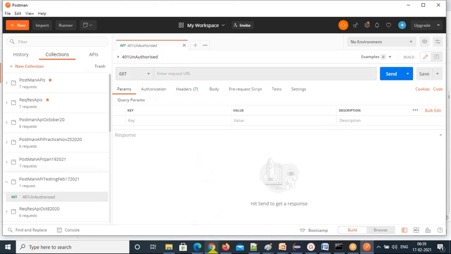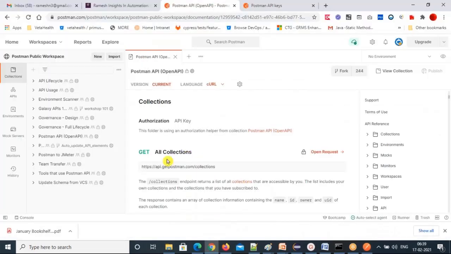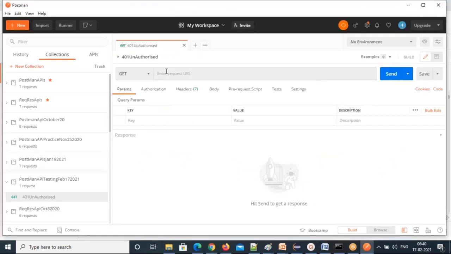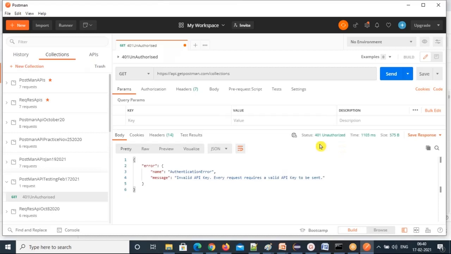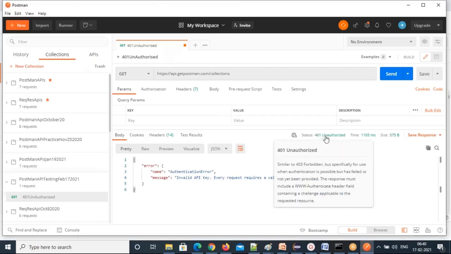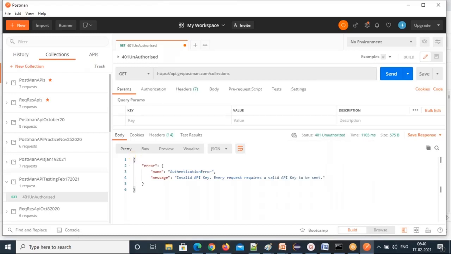Now pass the URL. This is the endpoint URL. The method is GET, you give the endpoint URL, and don't provide anything. Authorization key also don't provide. Click on the send button. See, it is sending the request. Can you see here? Status code 401 unauthorized. And you can see the response message below: error, name,